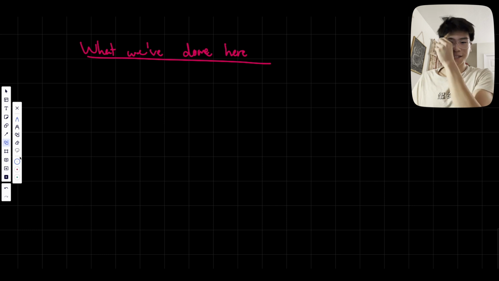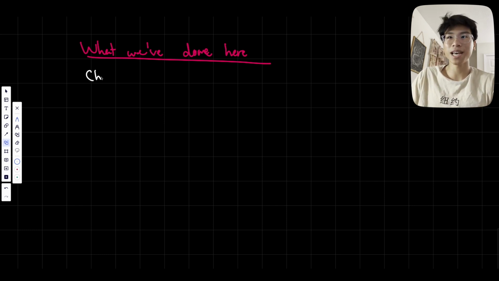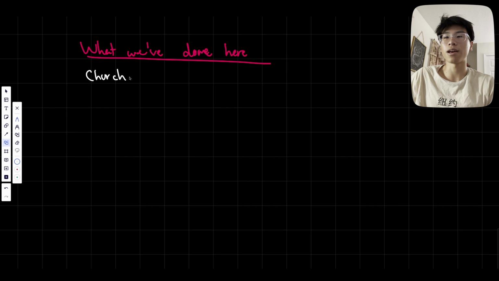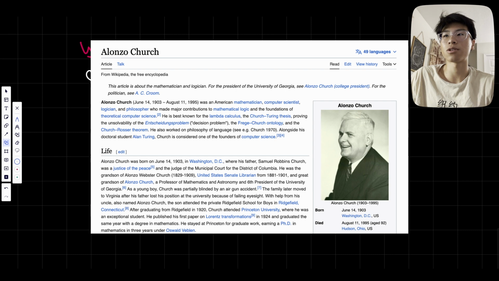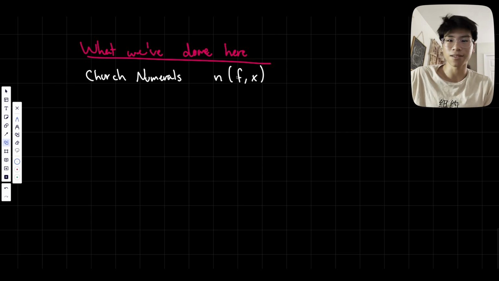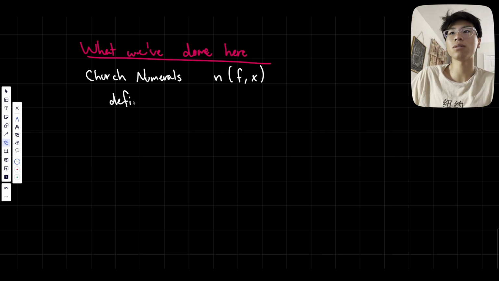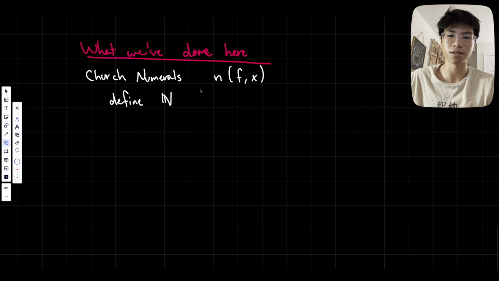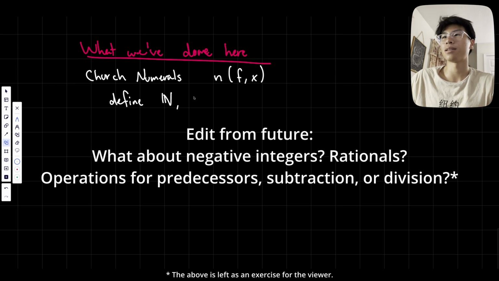Okay, so what have we actually done here? We've defined a system for the natural numbers that are known as the Church numerals. They're named after their inventor or discoverer, Church, from like the early 1900s, and he did a lot of cool computer science work. And we defined numbers as functions, right? We defined natural numbers as functions that take in a function f and some x. And we were able to define all the regular arithmetic operations, like successors. We were able to define addition, multiplication,